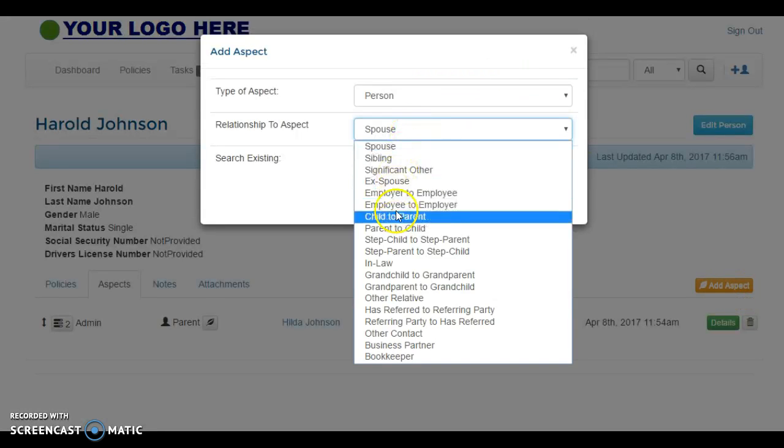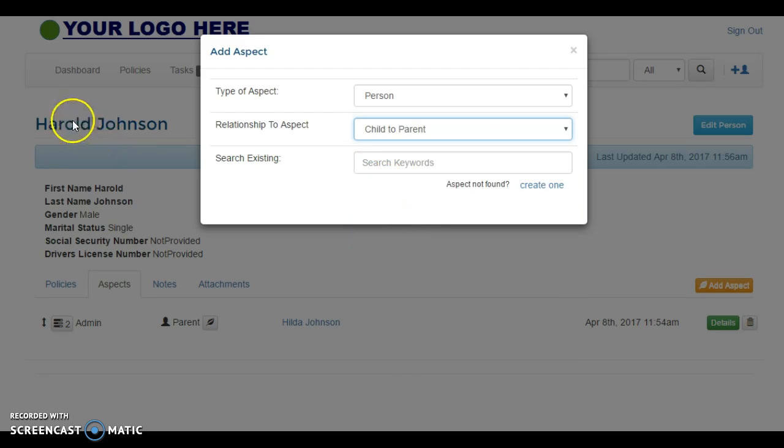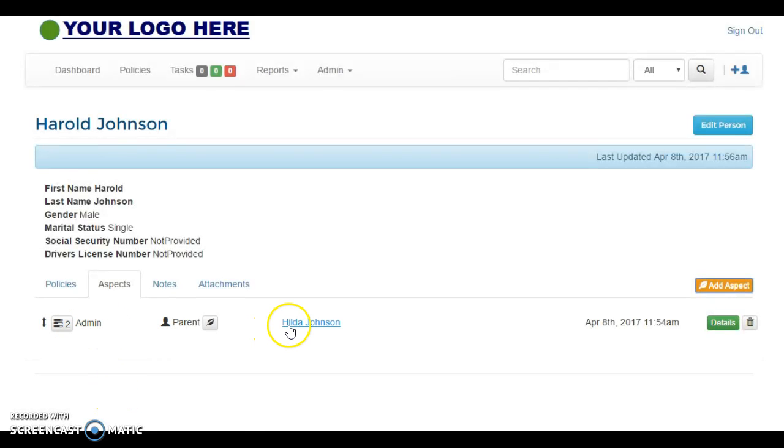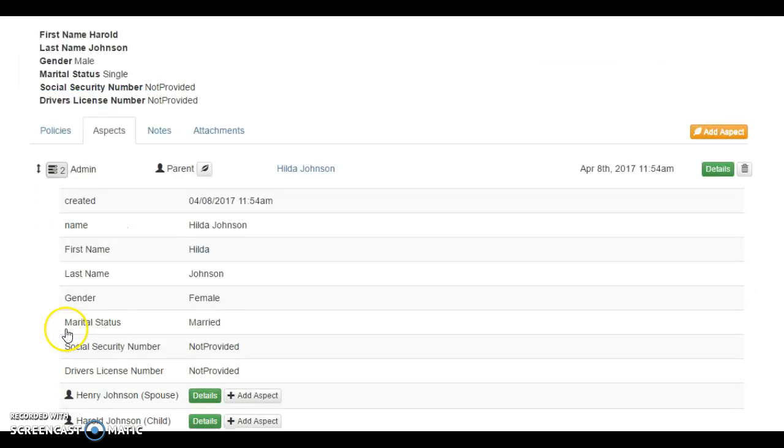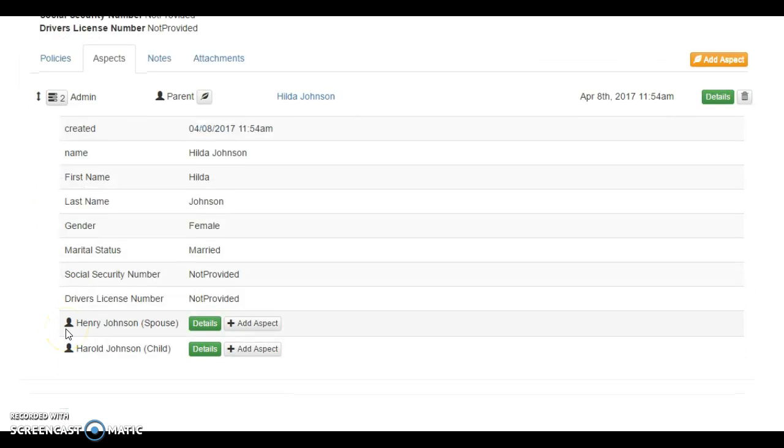Person, child to parent. And let's go ahead and look for Henry. And there he is. But here's a shortcut. Since Hilda is already related to Henry, let's go ahead and expand Hilda, scroll down, there's Henry. We can go ahead and add him here. Aspect added. And then when we refresh our screen,